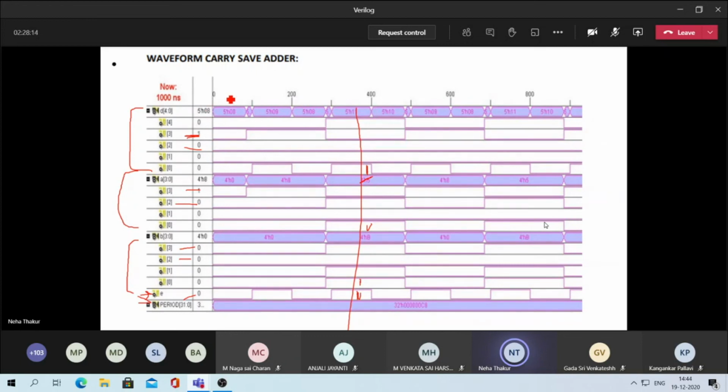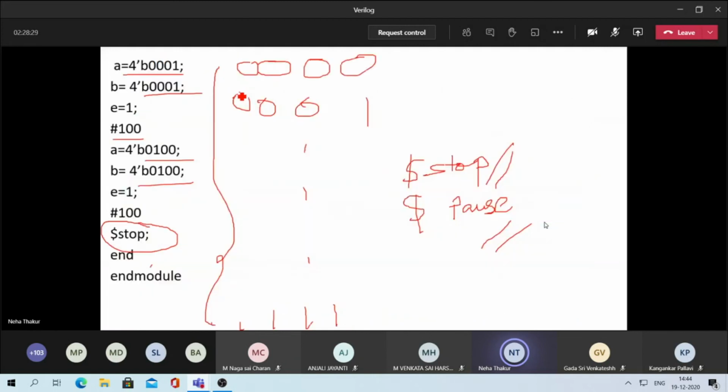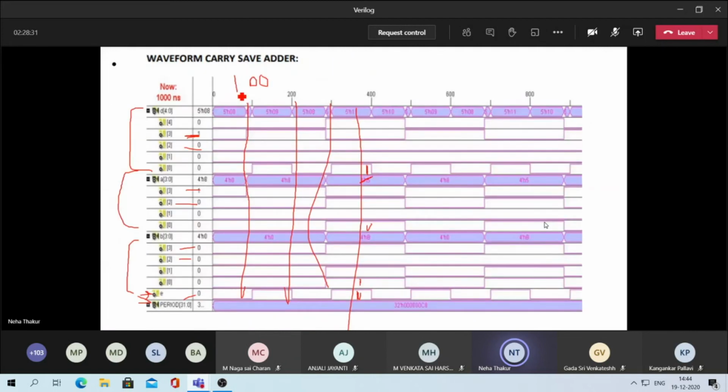And here if you see, at what time are all the values switching? They are switching here, then here and here. That means the values are changing after every 100 seconds. Why is that so? Because you have given #100. If you had given #200, then switching would always be after 200.